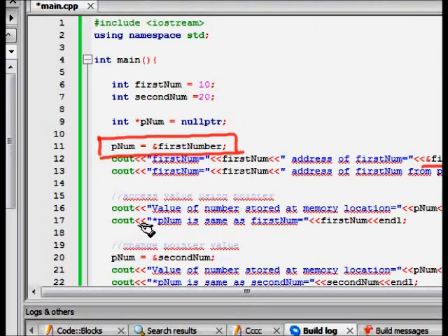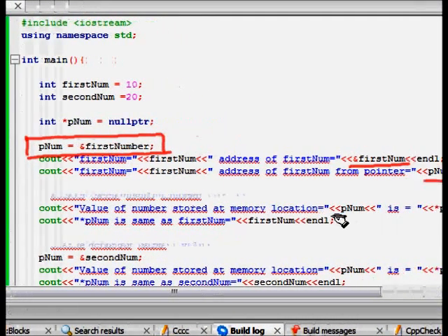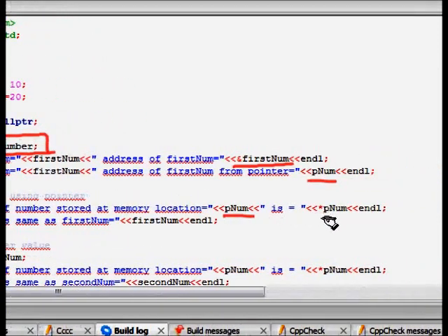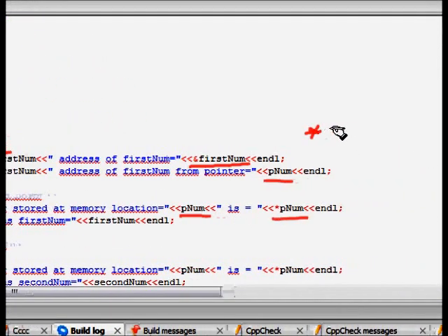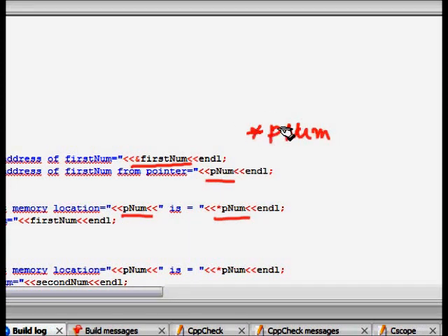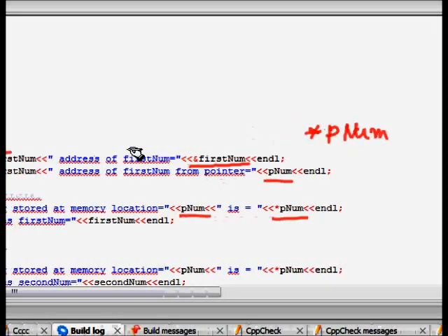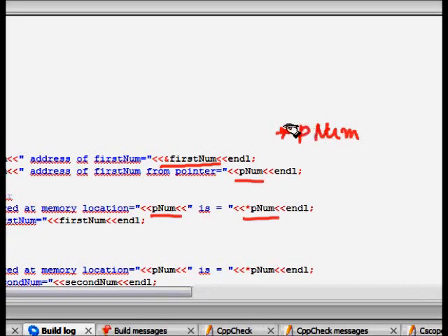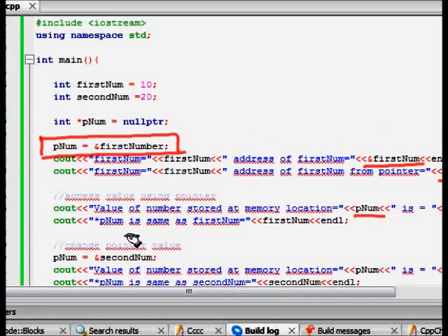Can we find what is stored there? The value stored at memory location pnum is *pnum. We dereference the pointer pnum to find the value stored in that memory location, and because pnum is a pointer to an integer, it gives you the content in the form of an integer.